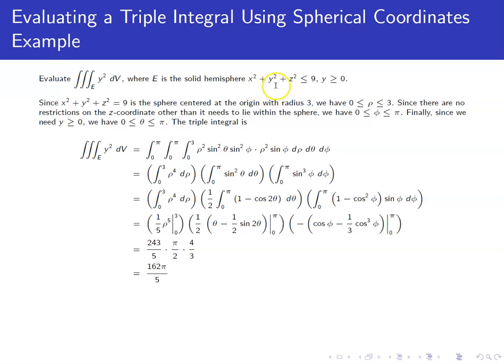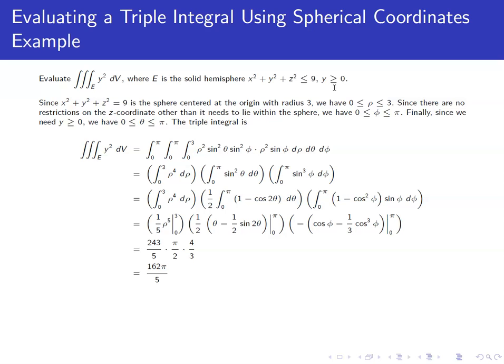Alright, so x squared plus y squared plus z squared is a sphere centered at the origin with radius 3. So that tells us right away that rho has to be between 0 and 3. Now notice it tells us that y has to be positive, but doesn't give us any other restrictions on the z value. Phi again measures the angle from the positive z-axis, rotating down towards the xy plane, if you will. Since there are no restrictions on z, our phi runs all the way from 0